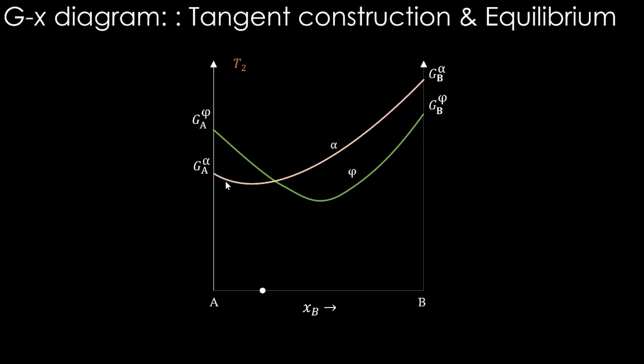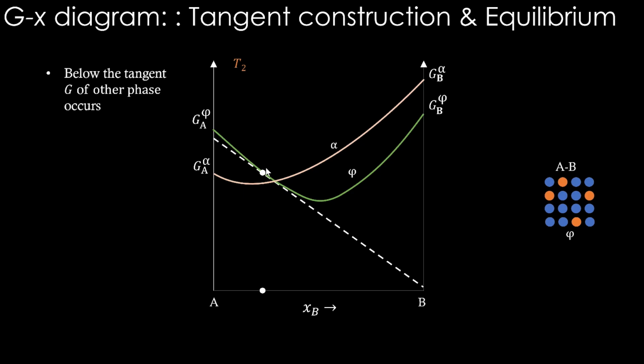Right. Now this composition is quite interesting. If you look at this composition and try to make any one single phase stable, you will be in trouble. See that. Now if we put the dot here, you may tend to put it here thinking that this is the lowest. We will do that also. Now let's first put it on this phi curve, and think about whether phi can be stable at this particular composition or not. So draw a tangent and see that this alpha curve is below that, right? Alpha curve is below this tangent. Therefore, this single phase phi cannot be stable. That is the conclusion.